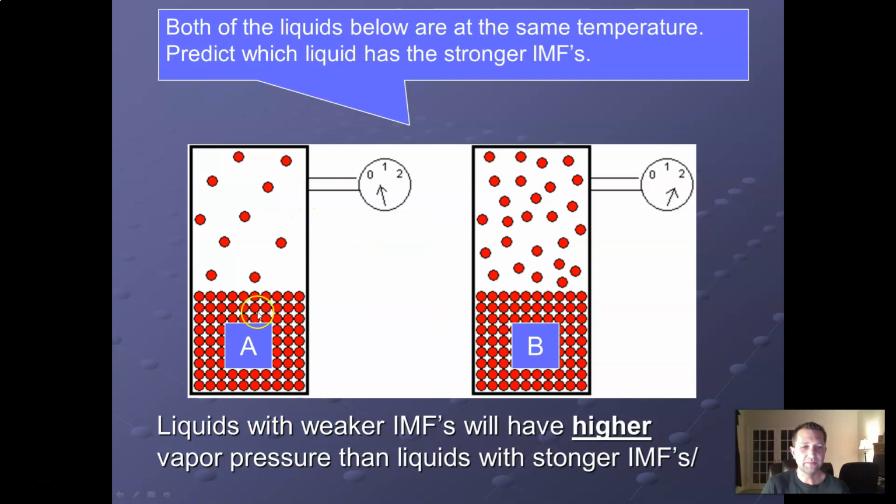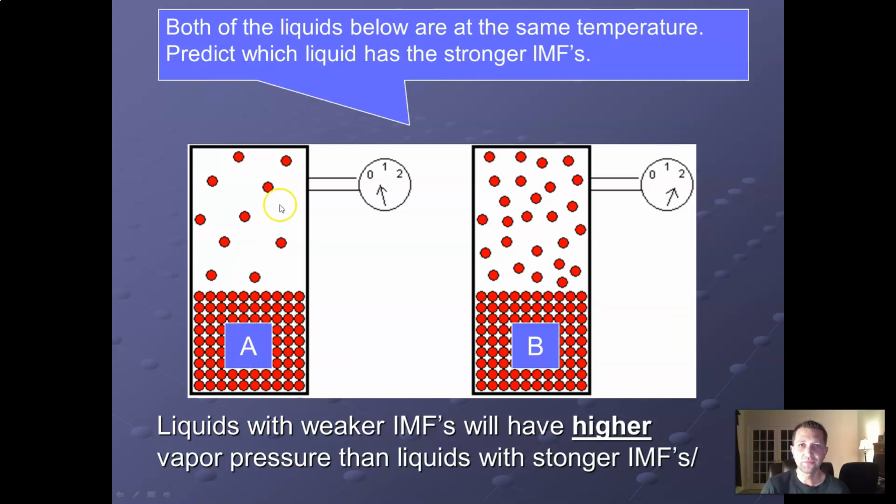Both liquids are here, A and B. Liquid A clearly evaporated less. Liquid B evaporated more, has a higher vapor pressure. The temperature is the same, okay? So what's that mean? It means liquid B, which is the same temperature as A, evaporated much, much easier, right? It was easier for liquid B to break the attractive forces in that liquid. It was harder for liquid A to break its attractive forces,